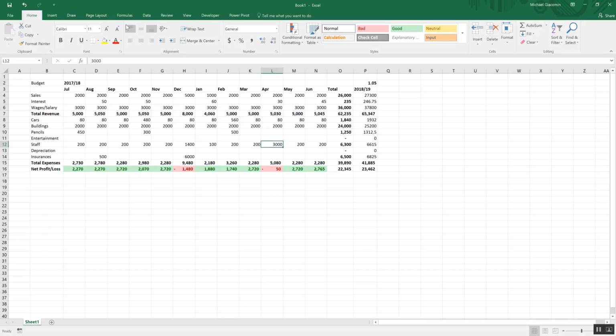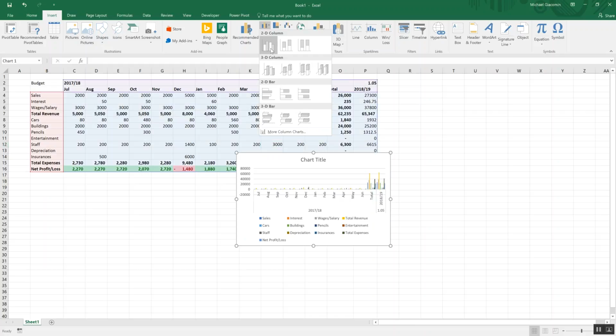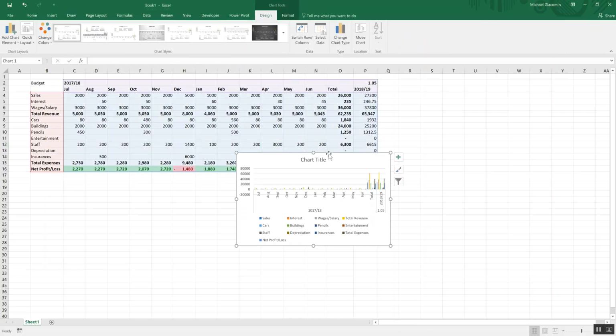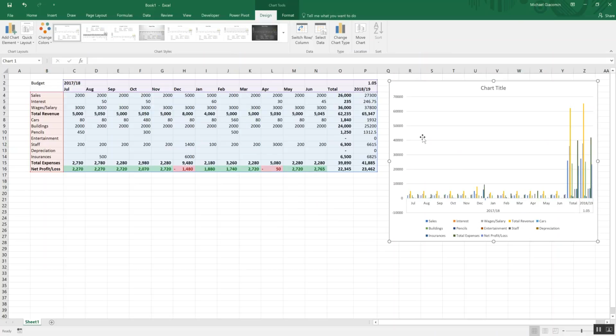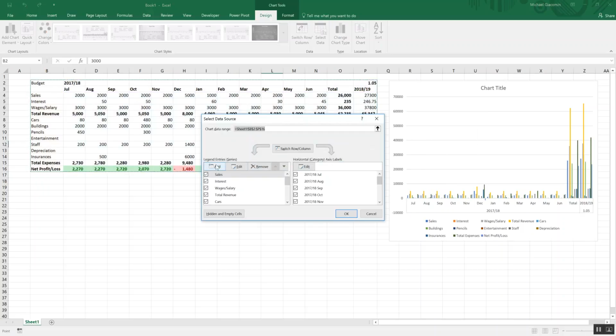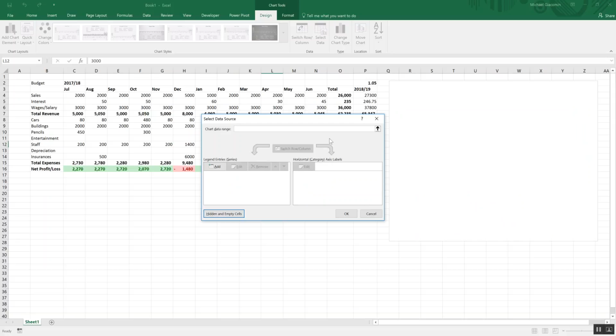And what you could also do, I suppose, is add a chart in too. If you added a chart, I'm going to insert a column chart here. If I put that in there, you'll see Excel's now getting pretty fancy on us, and it starts to add in bits and pieces for us. But we actually want to remove some parts of this so that it makes a bit more sense,